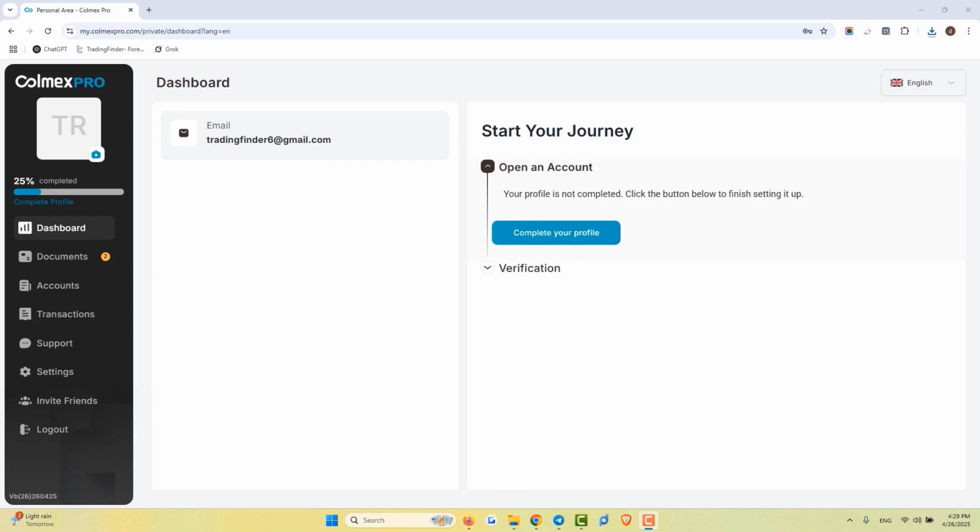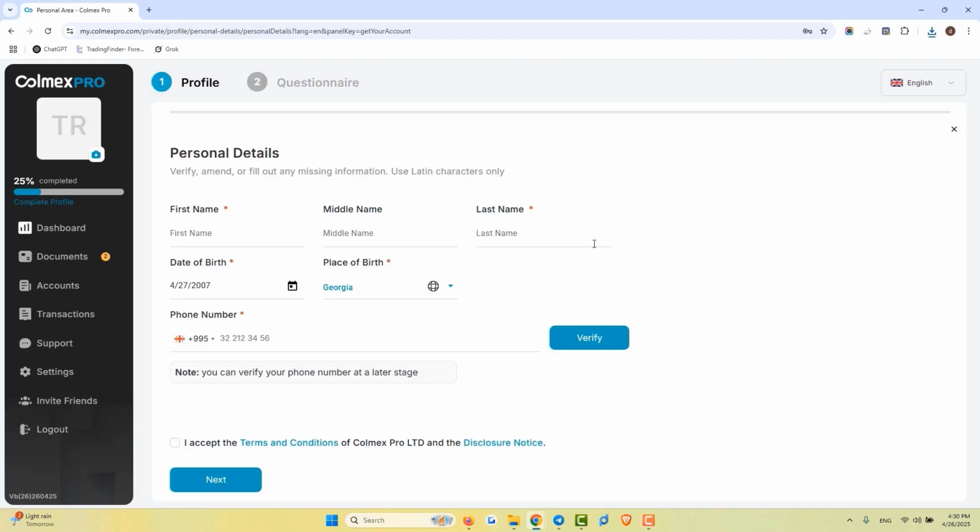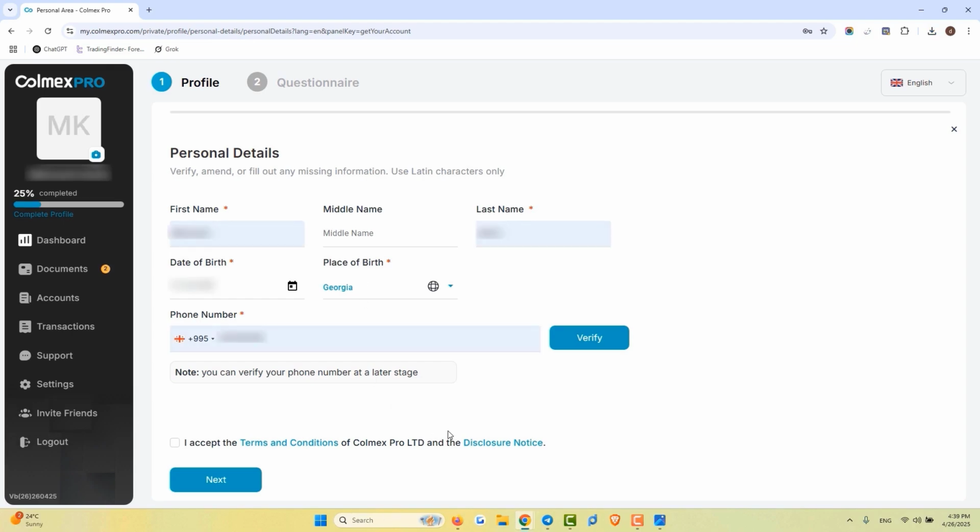We are here with you for the tutorial on verifying an account in the Colmex Pro broker. As you saw in the previous tutorial, we opened our account in this broker, and now we intend to verify it. For this, we need to click on the Complete Your Profile option on this page, and on the next page, provide the requested information such as name, last name, date of birth, place of birth, and phone number. After entering the required information in this section, you agree to the terms and conditions of the website and click